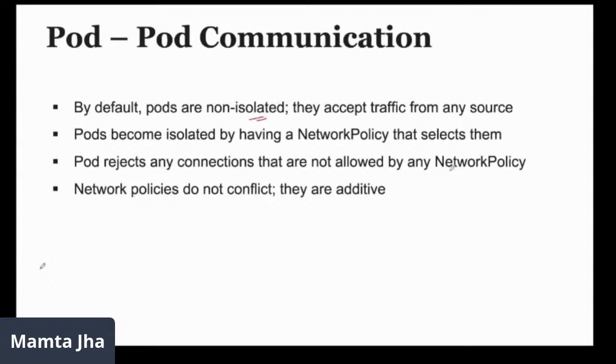By default, pods are non-isolated. That means they accept traffic from any source. As soon as you create a network policy and apply it to a specific pod,